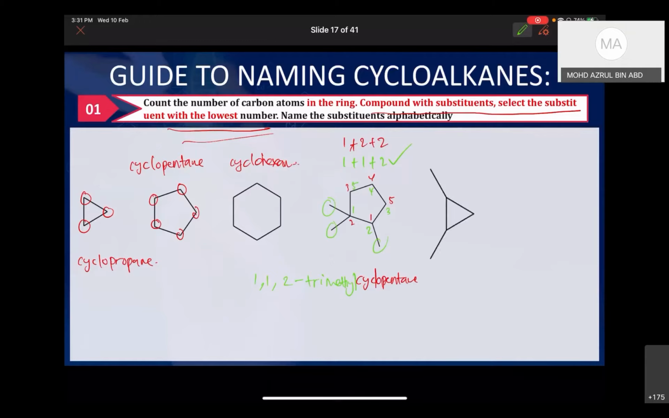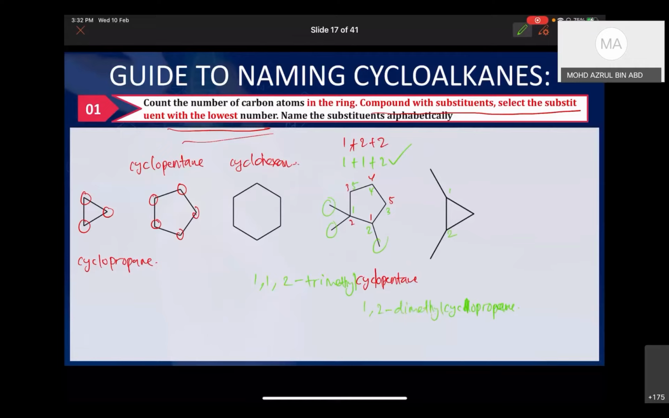How about this one? What is the name of this compound? Name the parent name first. Name the parent compound for this compound. Cyclopropane. And then the name of the substituent: since it is attached at carbon number 1 and carbon number 2, we can name the compound